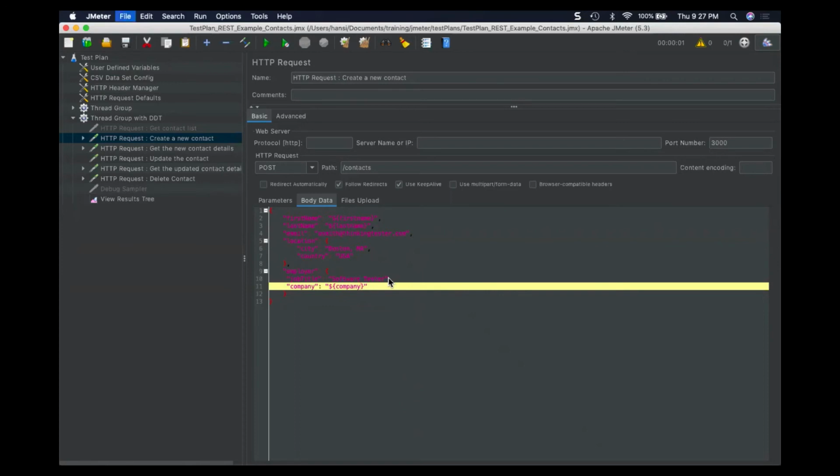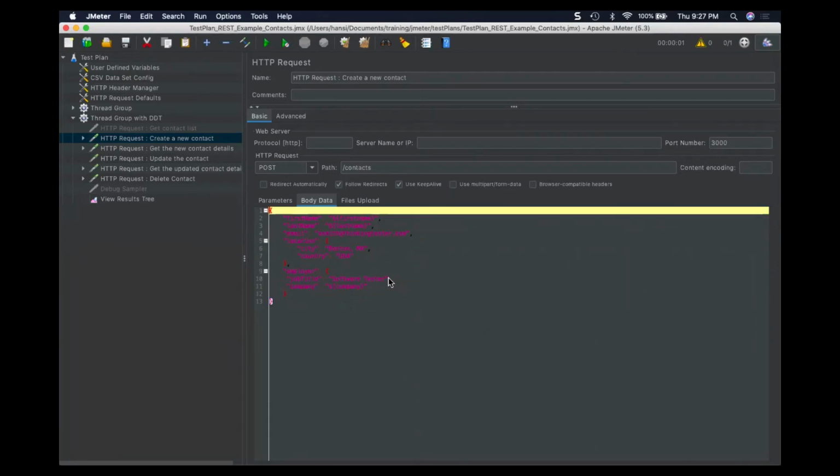JMeter is case sensitive, and variables are also case sensitive. Ensure that you name them properly.